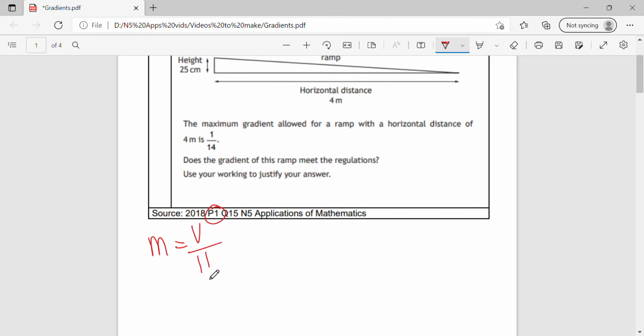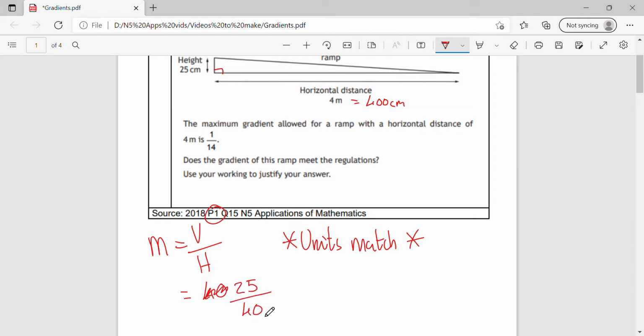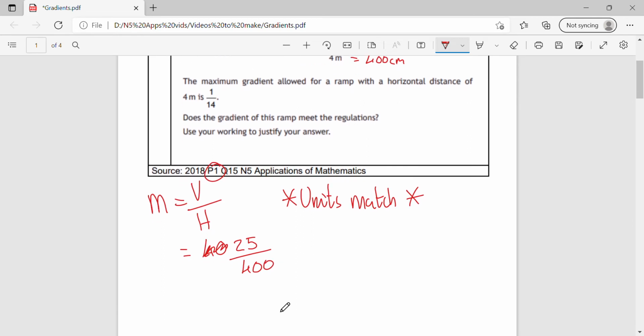And we are told that vertical, straight up at 90 degrees, is 25 centimeters, and the horizontal distance is 4, so the units need to match for this. Obviously it doesn't matter which way you do it, I can convert either way. Let's convert 4 meters into centimeters by multiplying by 100 because there are 100 centimeters. These are key facts that must be remembered. So we've got 25 for vertical over 400,